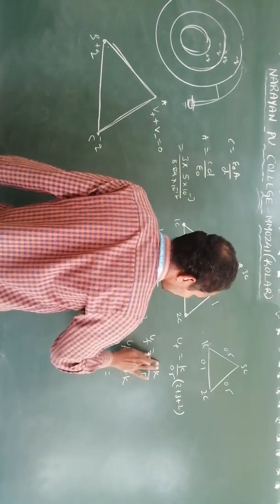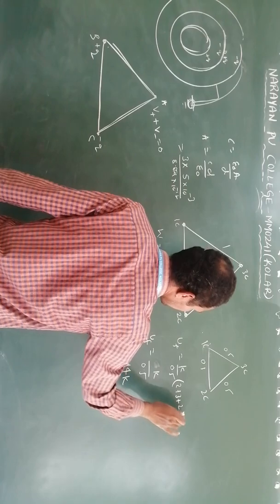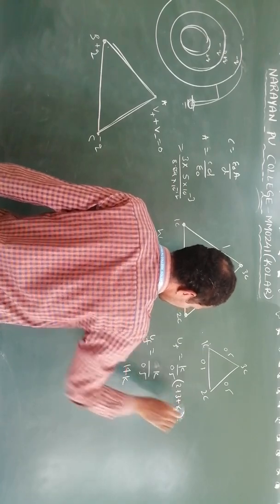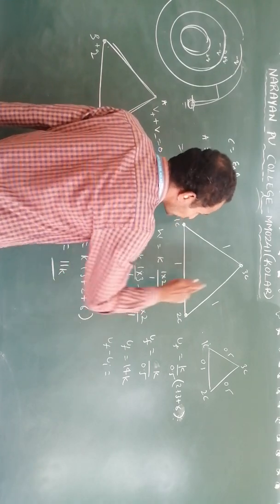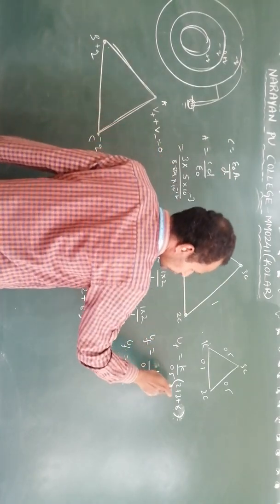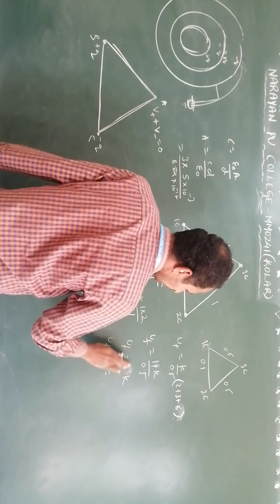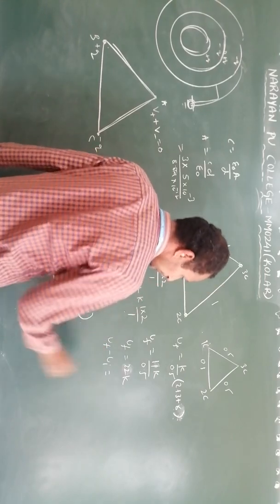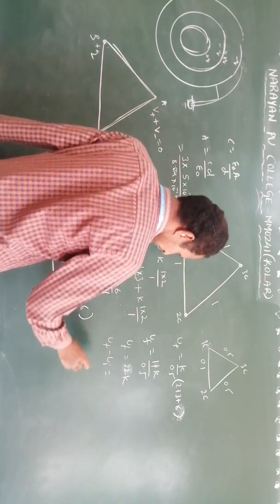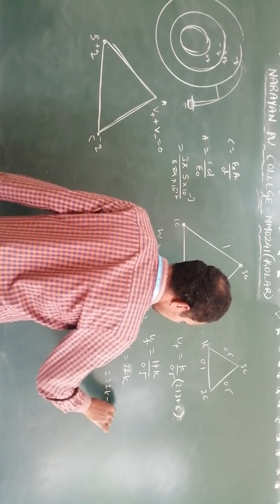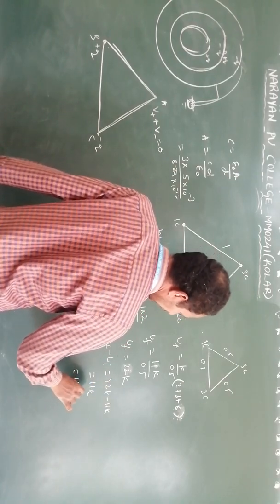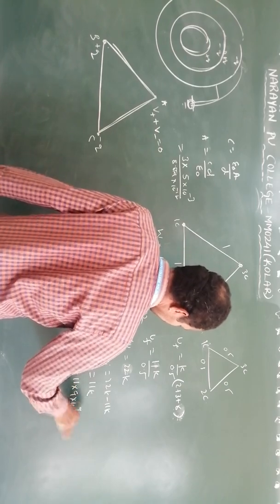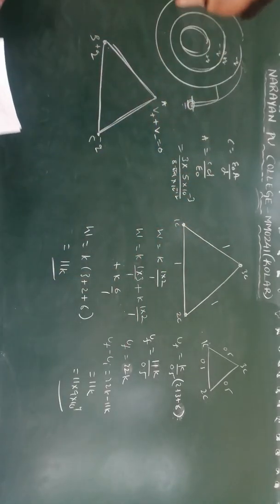Here it is another combination you will get, that is 6. Not combination, I think I taken wrong. So 2 into 3, 6. So this will be 11. 11 means this is 22. Now final minus initial. 22K minus 11K. Then it is 11K. K value is what? 9 into 10 power 9. So we get the answer.